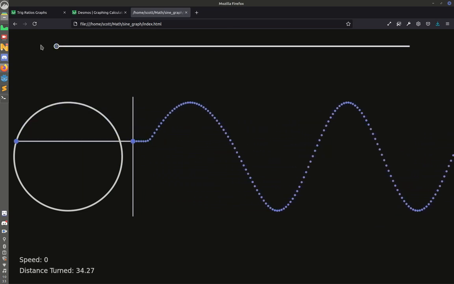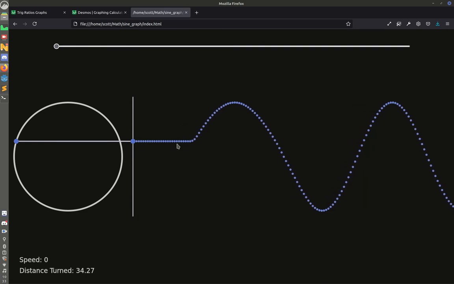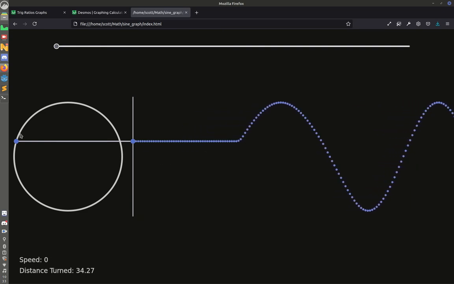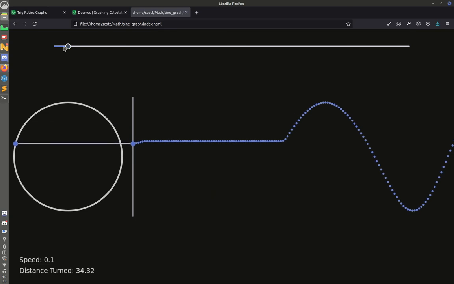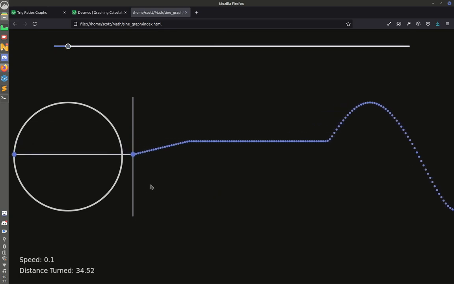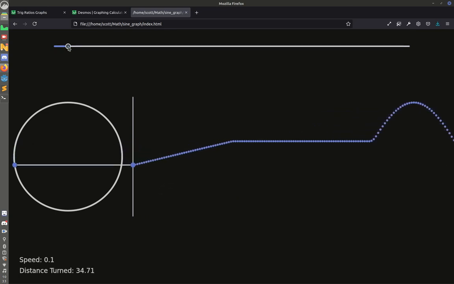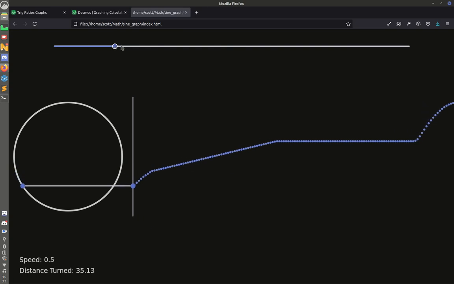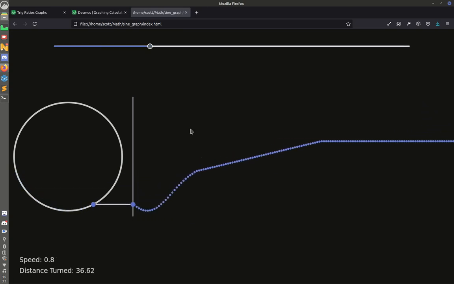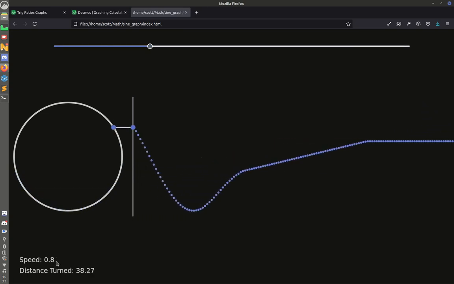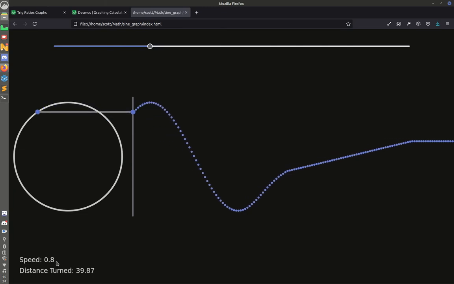Like I can turn it all the way down to 0 and see it's tracing out just a line because it's not moving. And I can make it just move slightly. Now it's just tracing out a very small slope. So if we take it down a bit from what it was, 0.8 instead of 1, you'll see that it's